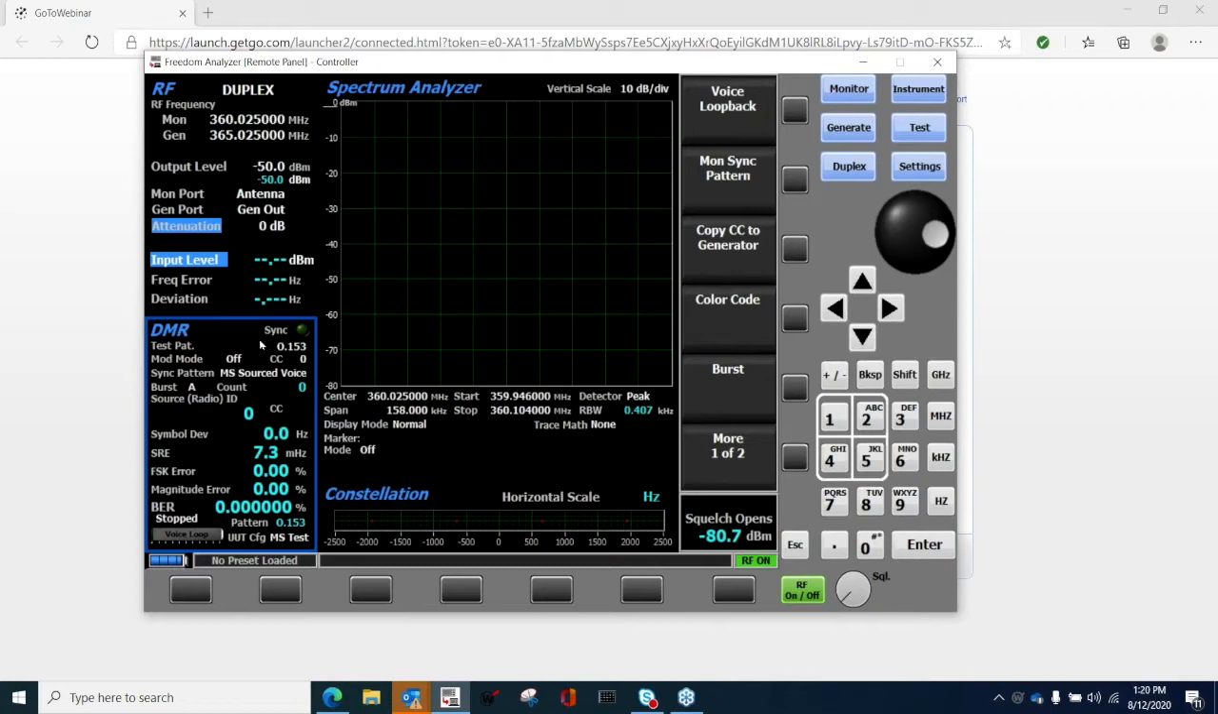I can see the synchronism. I can see the test pattern. I do have the color code, and the search radio ID, or the ID I'll be using to reach the repeater. Actually, there are some readings such as symbol deviation, or SRE, symbol rate deviation, frequency error, magnitude error, and BER test. Okay, so in this session, we can take some ports here, put in some information, and check what we can select